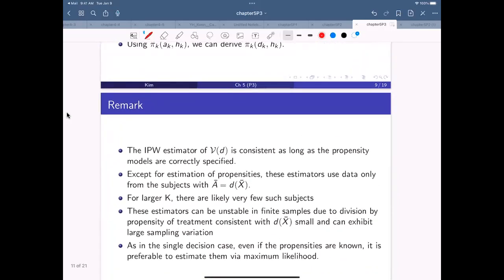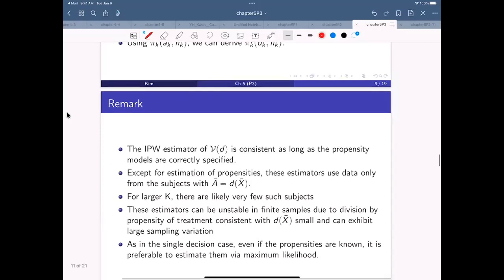So the bottom line is that it's based on the assumption that the propensity score models are correctly specified. In some sequential randomized designs, the model is known, so it should be relatively easy. But in a pure observational study, this is actually a very strong condition. Except for estimating propensities, these estimators use data only from subjects with